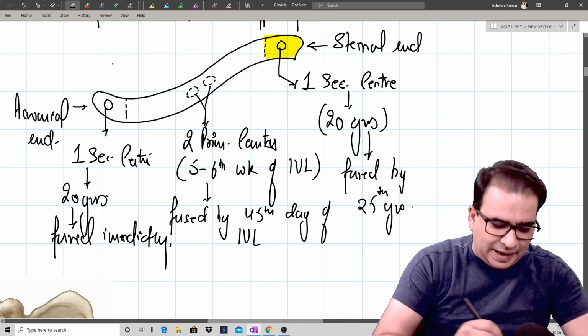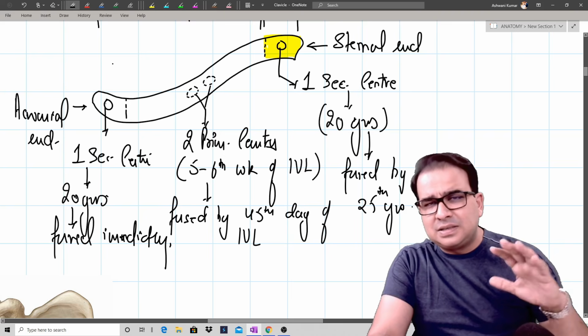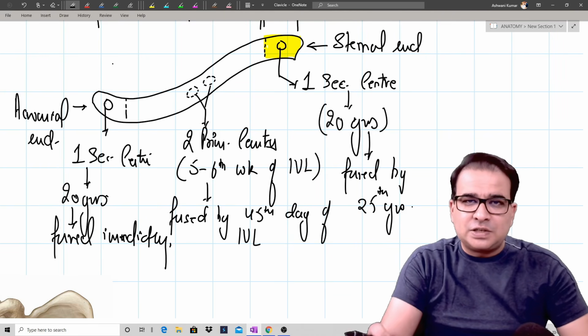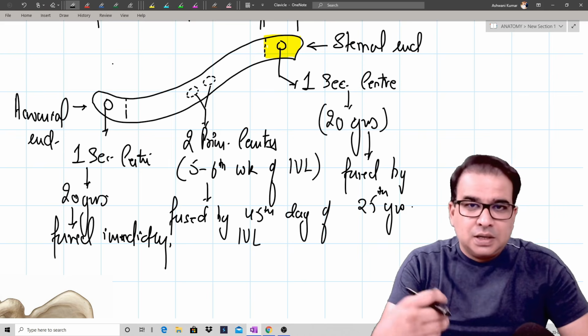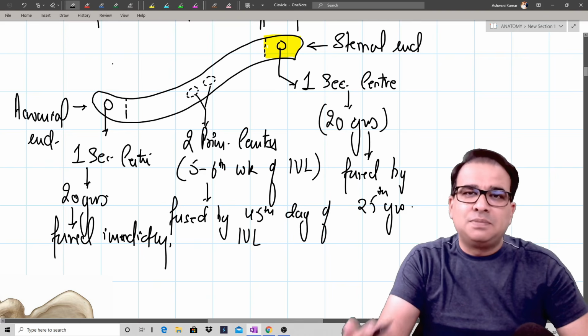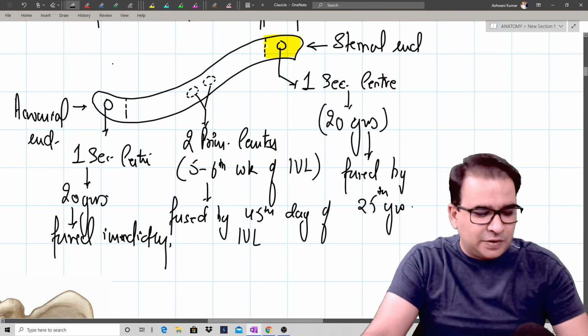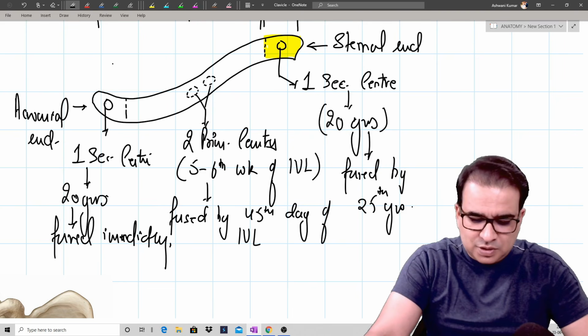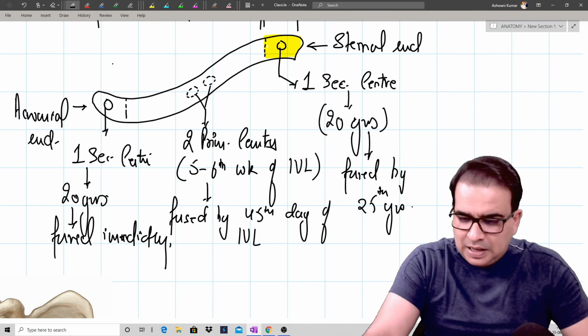We say that the acromial end, or this lateral end, may or may not have that center; the secondary center is not always present. But we usually have 2 primary centers of ossification for the major shaft of the clavicle. The medial end, the sternal end, has one secondary center, and the lateral end, that is the acromial end, may have one more secondary center of ossification, which appears by the age of 20 and fuses immediately. Right? So this is something about the clavicle.